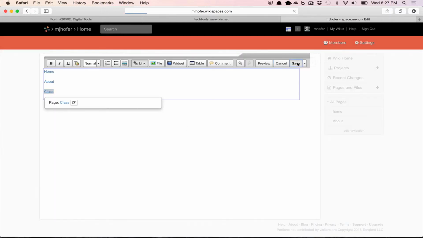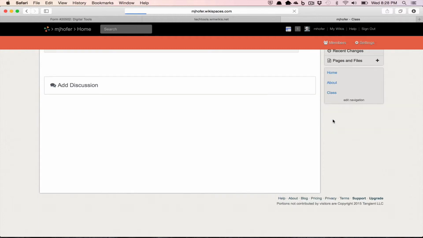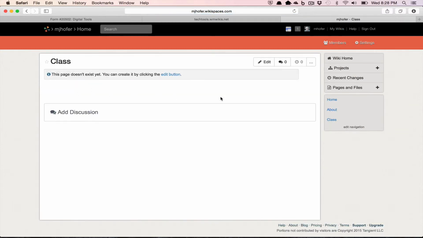And once I save this, the navigation will be modified here on the right. And now if I click on the class link, I'm back to a blank page. So it works really well, really quick and easy to create pages. It's easy for the professor to set this up in advance, or even to challenge the students to do that